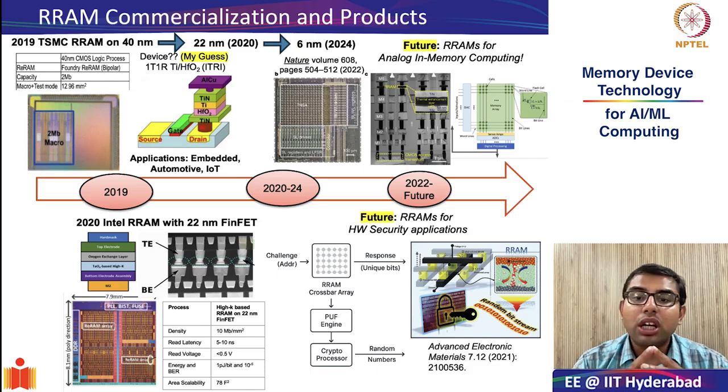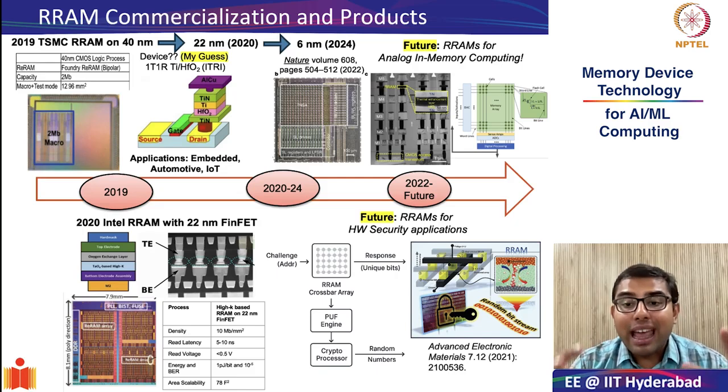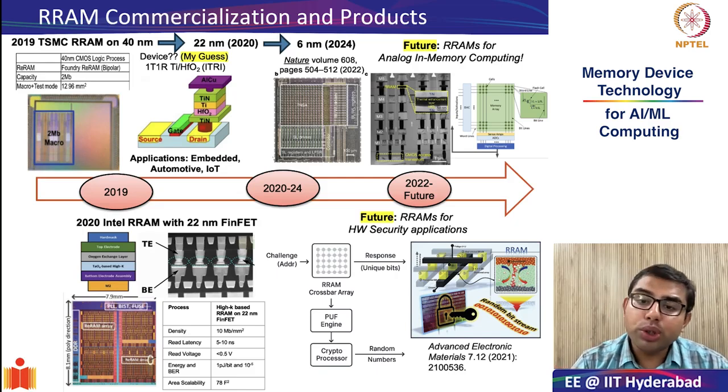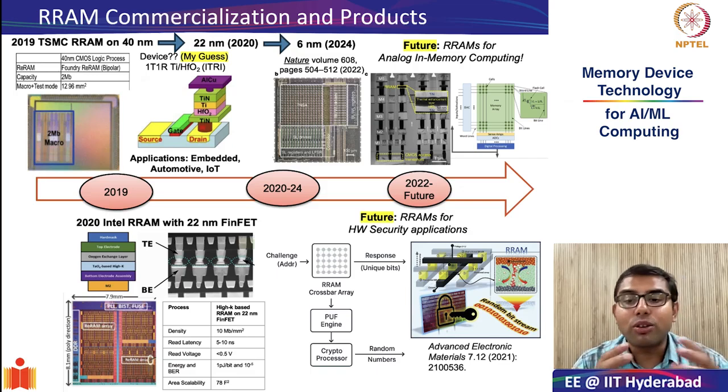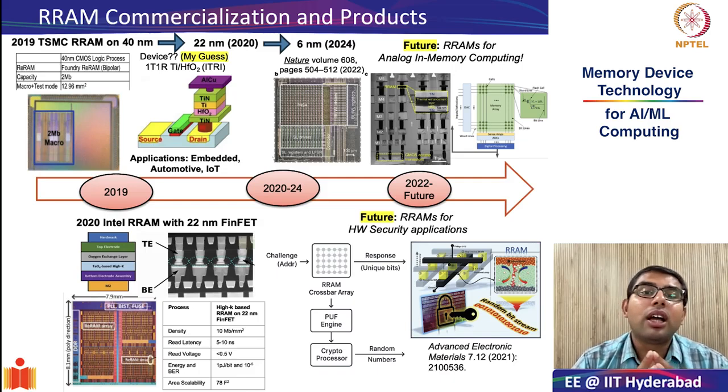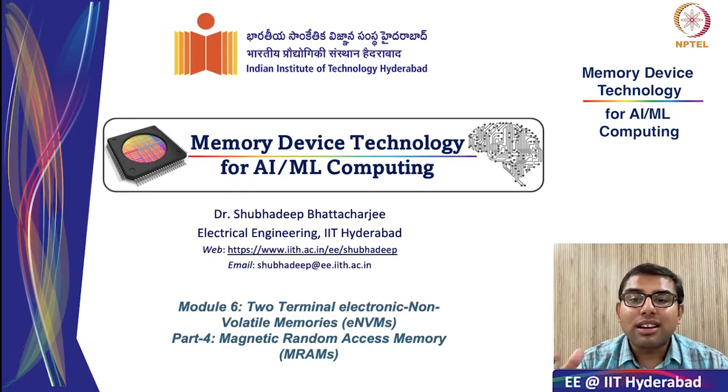In the final portion, we saw the commercialization efforts with a lot of promising results, especially from startups like Crossbar and Weebit Nano. We saw that while currently RRAMs are being primarily used for niche applications such as embedded, automotive, and also IoT applications, there is a great opportunity for hardware security and also for analog in-memory computing. So with this, we concluded our section on RRAMs, and today we are going to start with a very